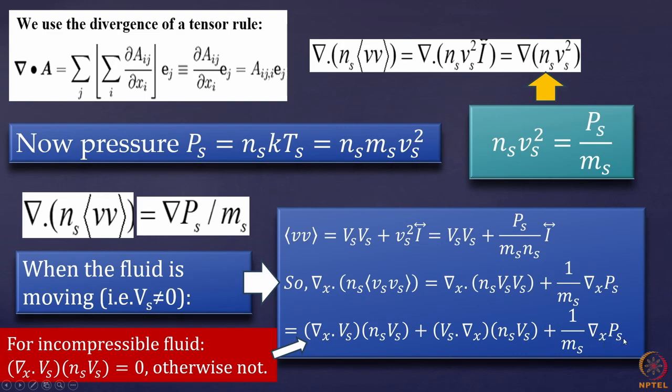So this term was already there when we assumed that the plasma is stationary. So this was there, grad Ps by Ms. This is the same thing. And when the plasma is moving, we have these two terms, but we assume that plasma is incompressible. Then the divergence V term goes and this term becomes 0, and we are left with Vs grad x plus Ns